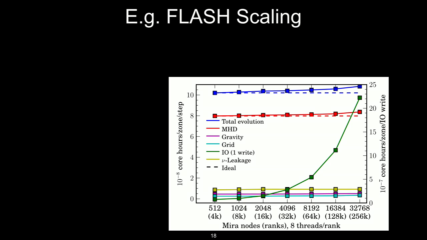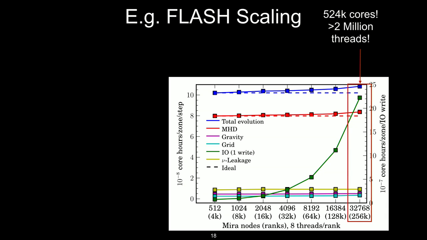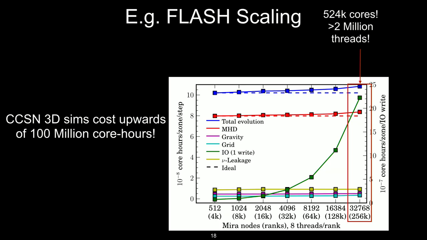And so we need extreme scale computing, all right? So this is actually a scaling plot from my core collapse supernova application on Mira. And it's weak scaling. And that last plot is 500,000 cores, right? So we need this kind of scale because 100 million core hours, if you can only run it on 1,000 cores, is going to take a long time. So we need to be able to scale to extreme scales in order to achieve these 3D simulations. And they're just fantastically expensive.